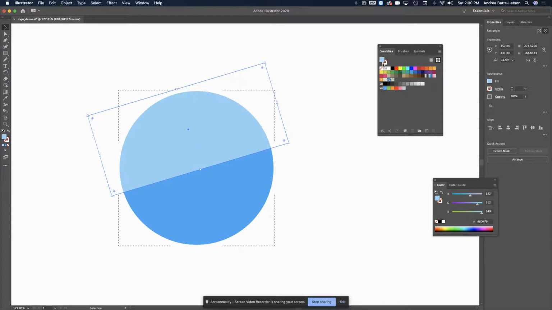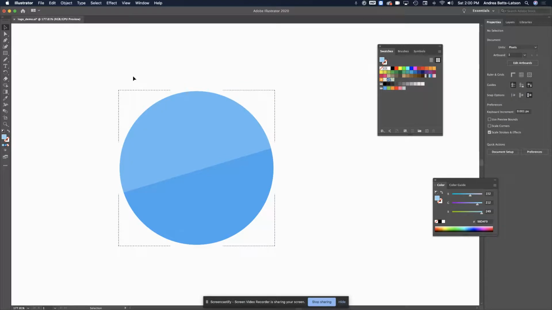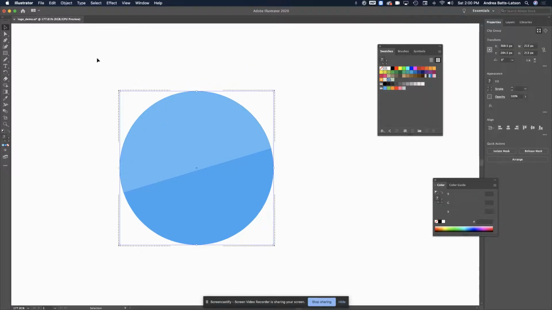I can change the opacity if I just want it a little bit lighter, maybe that. I'm going to get the white arrow again, and I'm going to put it back because I don't like the canting,